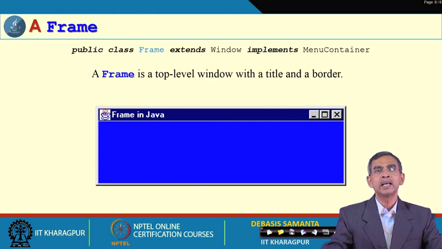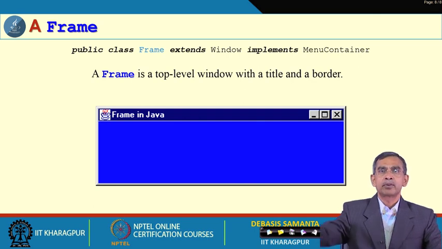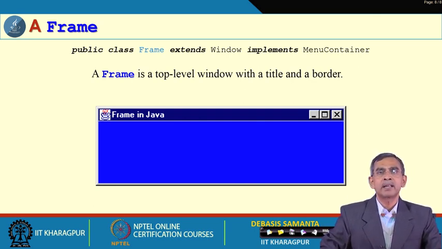Now, how does a frame actually look? Here we have displayed one frame whose background color, as you see, is blue. At the top is the title bar showing which window it is, and as you know, any window has minimization, maximization, and cross symbols to close the window.